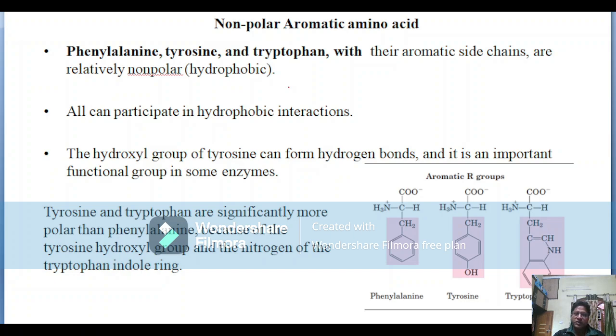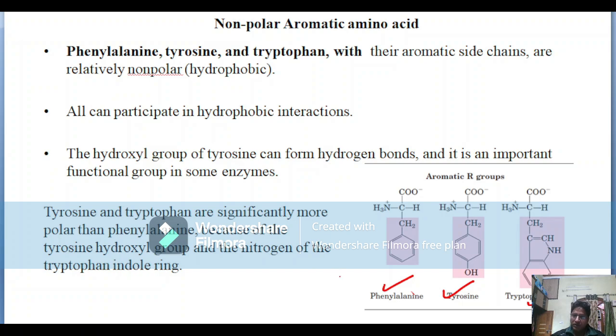The amino acids considered non-polar aromatic are phenylalanine, tyrosine, and tryptophan. Phenylalanine contains the phenyl group, tyrosine contains the phenol group, and here is tryptophan. Tryptophan contains the indole group. So you can see that